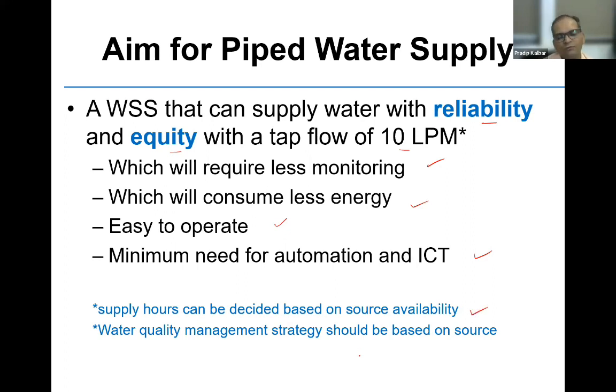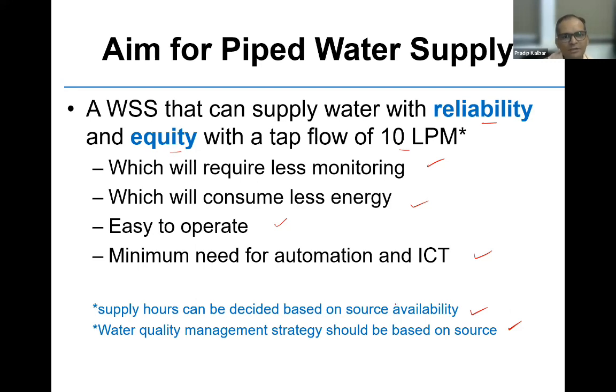Supply hours can be adjusted based on source availability. If you have a good source, go for 24/7. If you have a reduced source, there are issues, you can design the system accordingly. And water quality management, in Safale Palghar, we are doing a lot of work. People have segregated their drinking water from piped water. They have their own system, a community-based filtration plant where they take water for drinking, because only 3 to 5 liters is required for drinking. So we have to take the decision and save the cost to achieve efficiency.